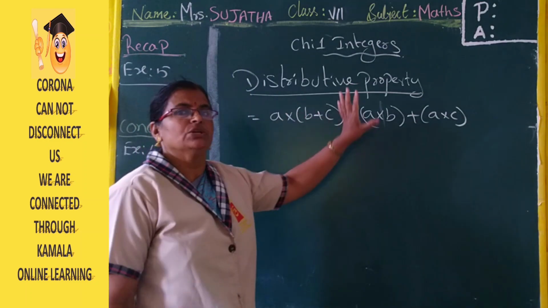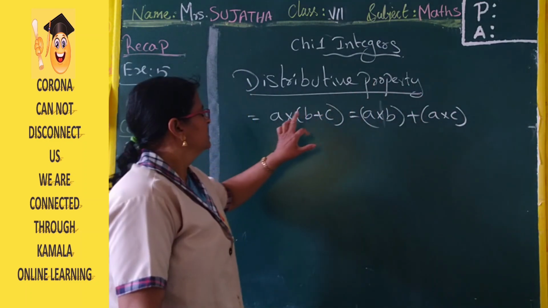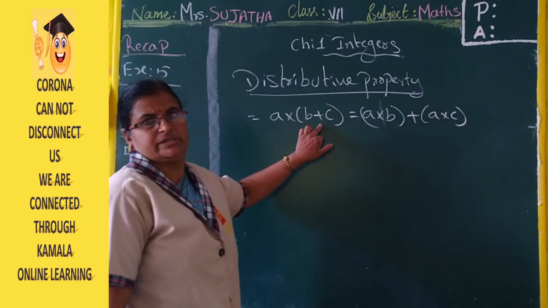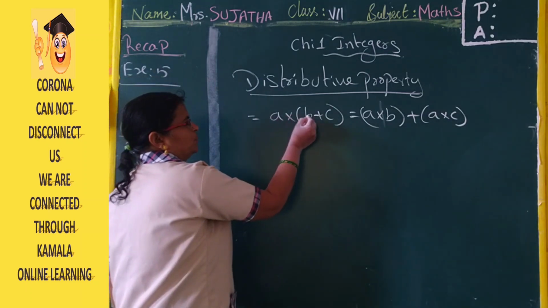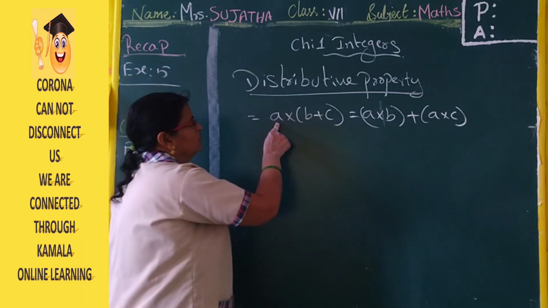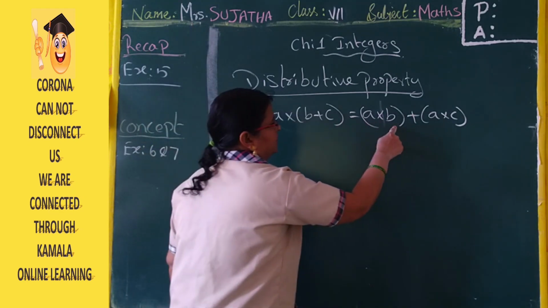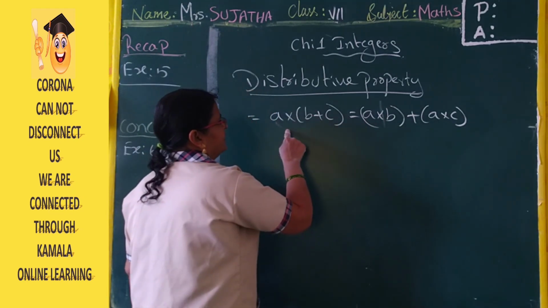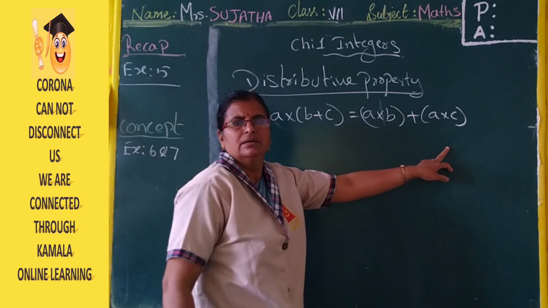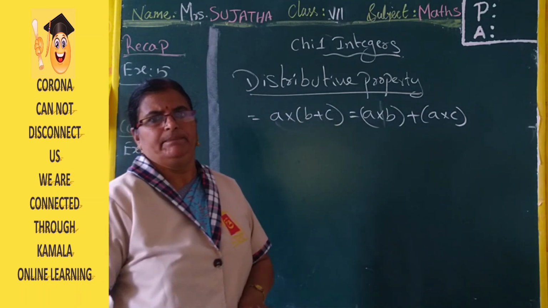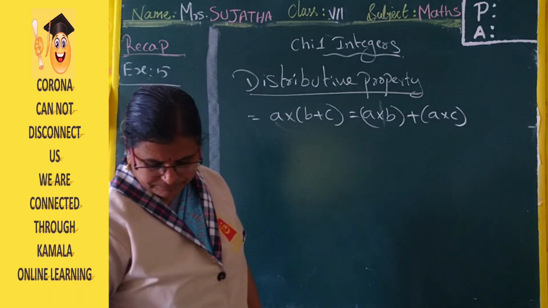Distributive multiplication over addition means: that is A into B, you will multiply A first with B. That's why A into B, plus again A into C, AC. This is called distributive property. Okay. Now,